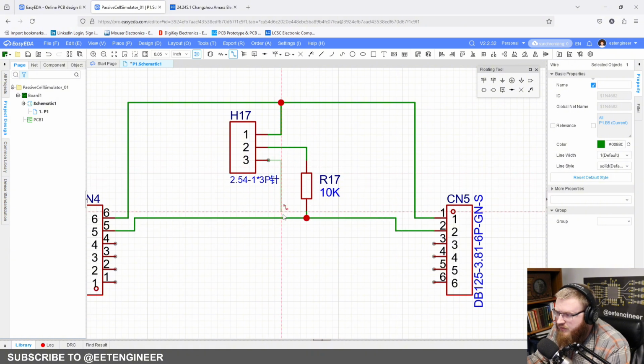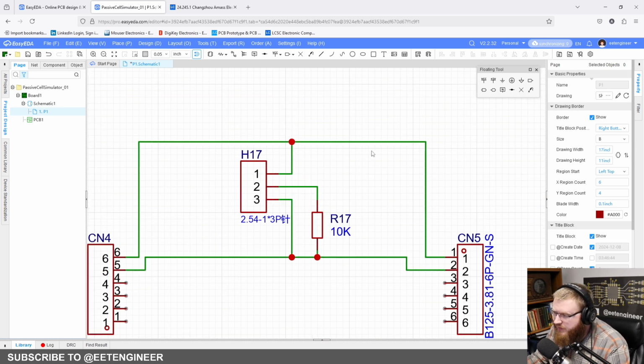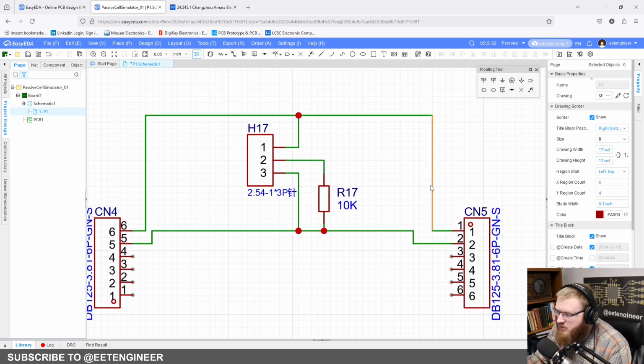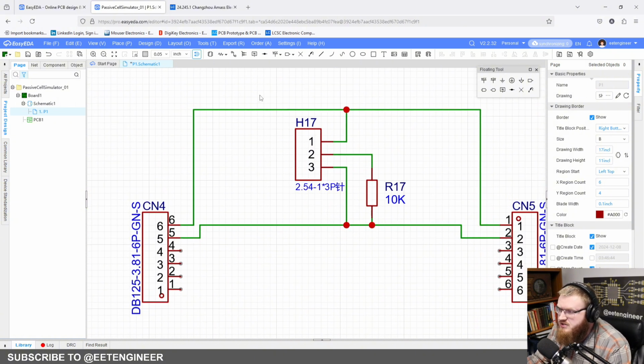And then I'm going to route this here. So the way this section is going to work is this is your thermistor positive and negative, even though there's differential. But your thermistor positive and negative. So imagine this is your thermistor positive and it's going straight through your pass-through, and your thermistor negative. So this is your differential pair here for your